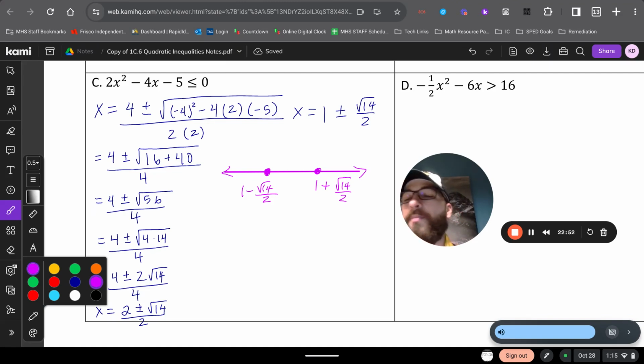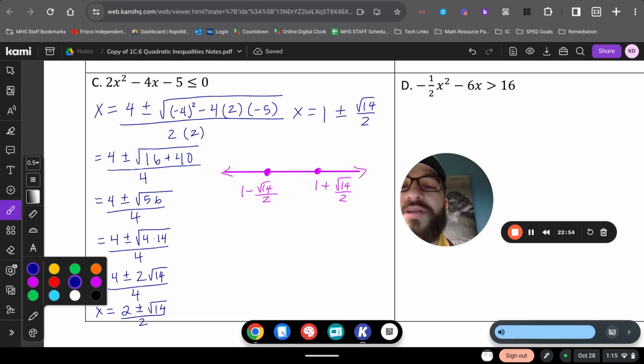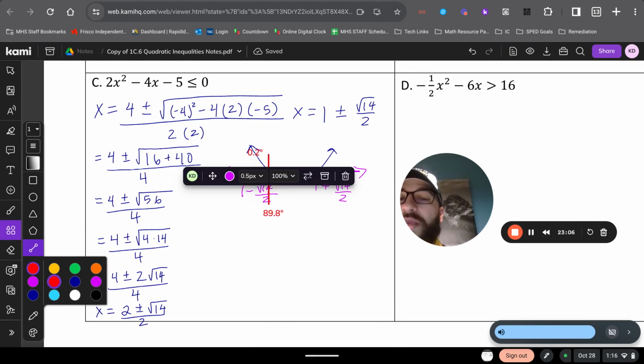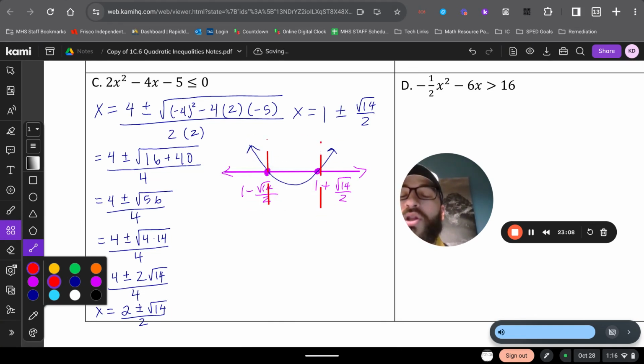That's going to be an up opening quadratic. So we pretty much already know, and by pretty much, I mean we do already know what the shape of this quadratic function is going to be. So knowing that that is our shape and knowing that these are our 3 regions, we're looking for values that